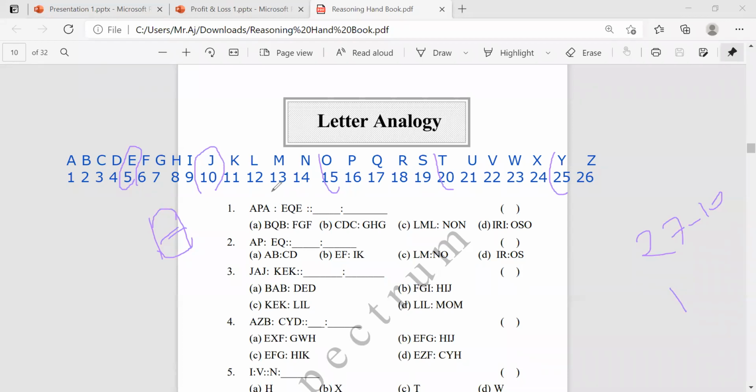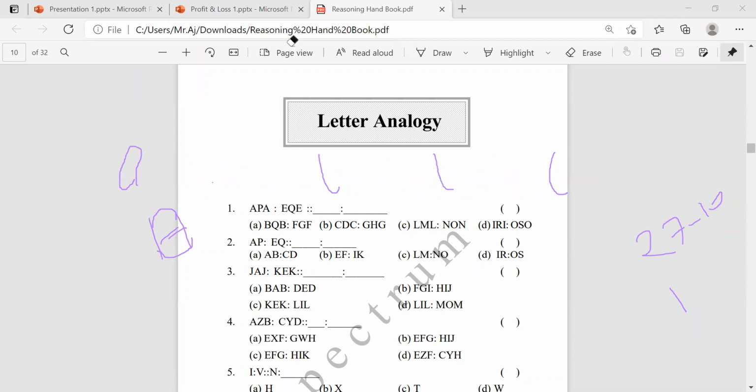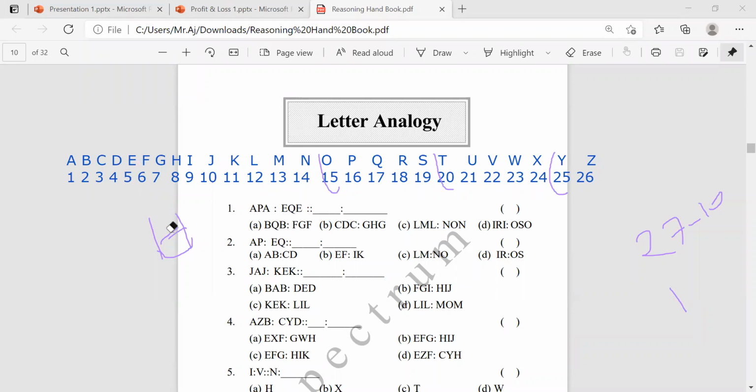These are some tricks, but what I prefer is to learn these numbers by heart. It is easy because it's not that many numbers, right? It's only 26 numbers. You can easily remember these 26 numbers and 26 letters, and as usual the rankings in reverse order you need not remember. If you remember the straightforward order, then you can find the reverse order easily.